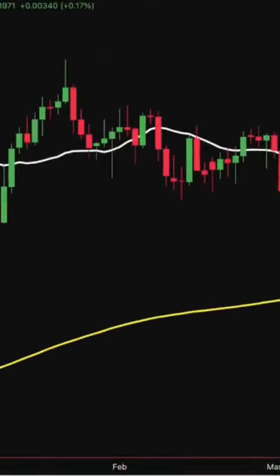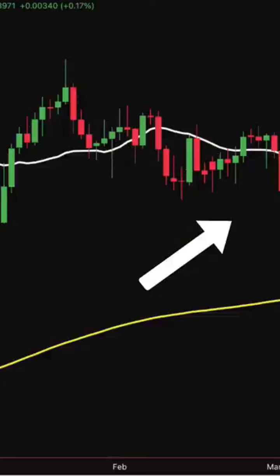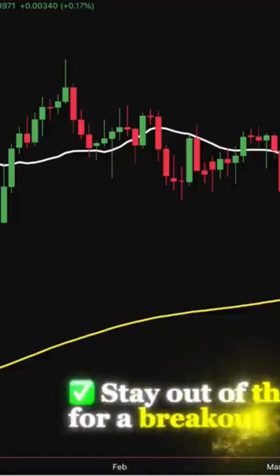Let's look at another part of the chart. Here, price is hovering around the 20-period moving average, moving sideways with no clear momentum. That's a short-term range, but since price is still holding above the 200-period moving average, the long-term bias remains bullish. In this situation, you have two choices: stay out of the market and wait